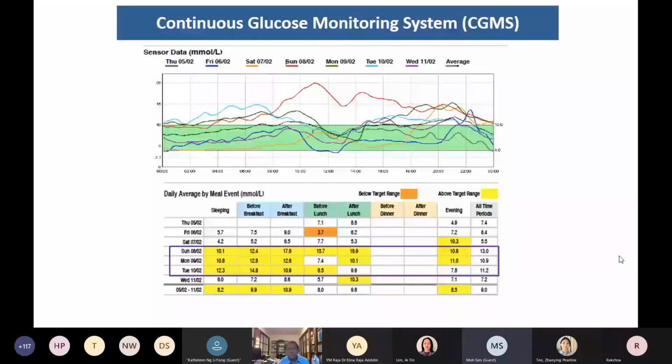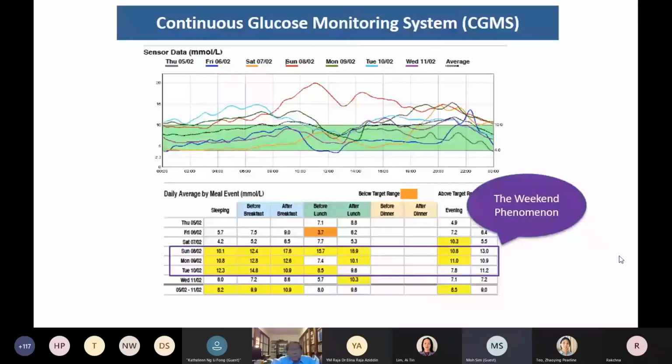But on the weekends, all the readings were actually sky high. I called this the weekend effect. He actually told me that at work, he followed a very strict dietary regime, but over the weekend, he was attending wedding dinners and all sorts of meals, and that's where the HbA1c readings were reflective of this. What we did for this patient was we adjusted his medications and gave him more during the weekends, but we also told him that he had to moderate his meals over the weekends.